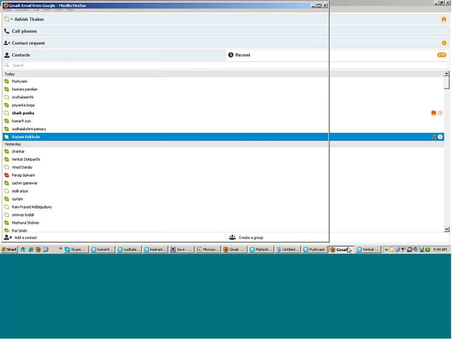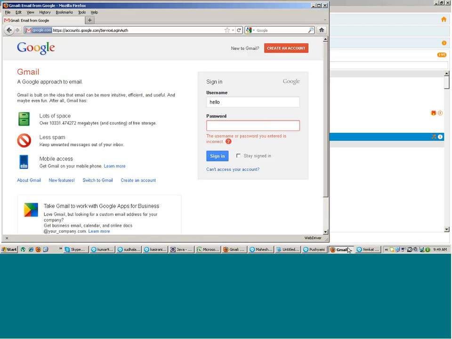I think the Gmail code got executed in front of us, but the browser was minimized, right? Anyways, so